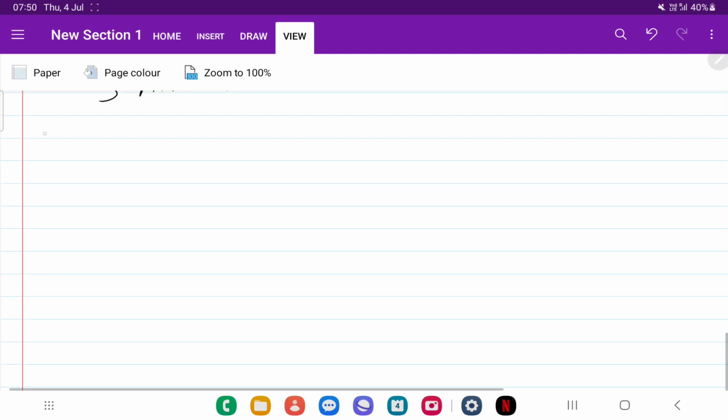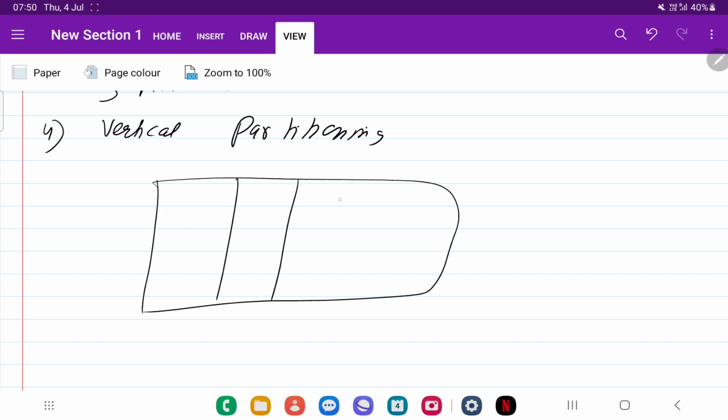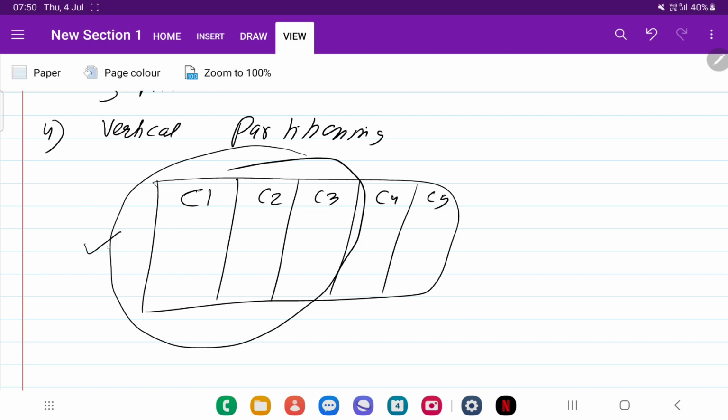The next approach that we have is vertical partitioning. Now what does vertical partitioning mean? Let's say there are some columns which are accessed more frequently than the others. So let's say there is a table which has so many columns: column 1, column 2, column 3, column 4, column 5. But let's say only these 3 columns are getting used a lot of the time. These columns are required, but they are not required that much. So what you can do is,